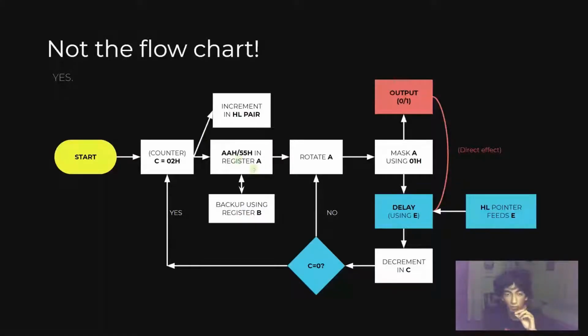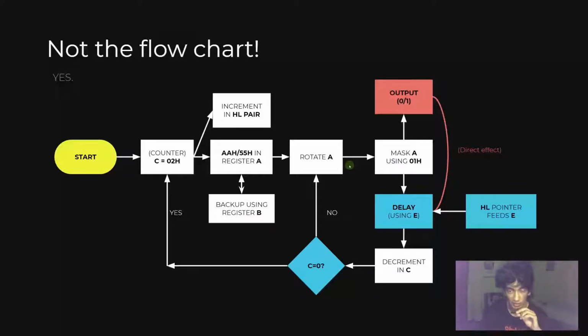So there's the register A and B being used to store the value AA and 55 in hex. So they correspond to the binary digits 1010 alternating. So the main concept here is this is the traditional way to create a square waveform using 8085. So we use A, and we keep on using this delay and loop. We keep on alternating A